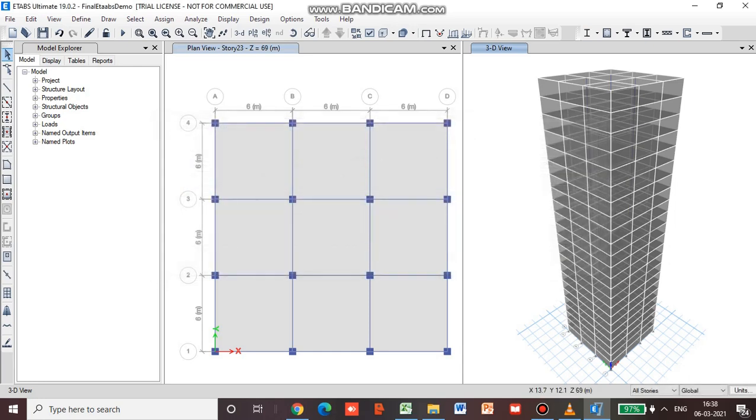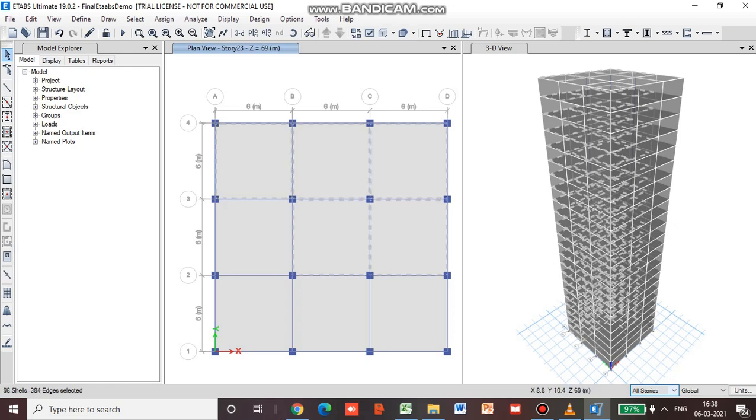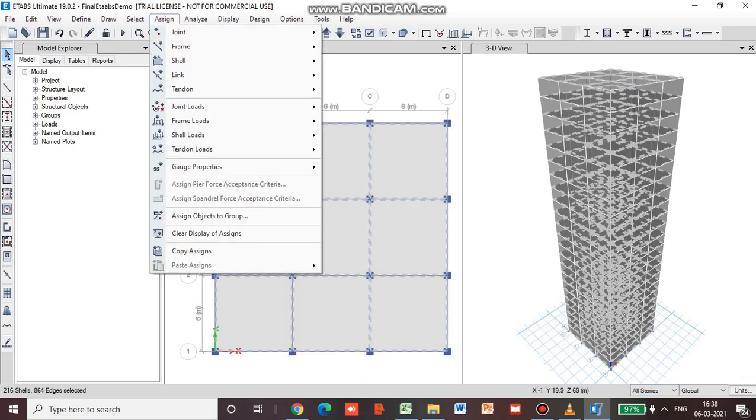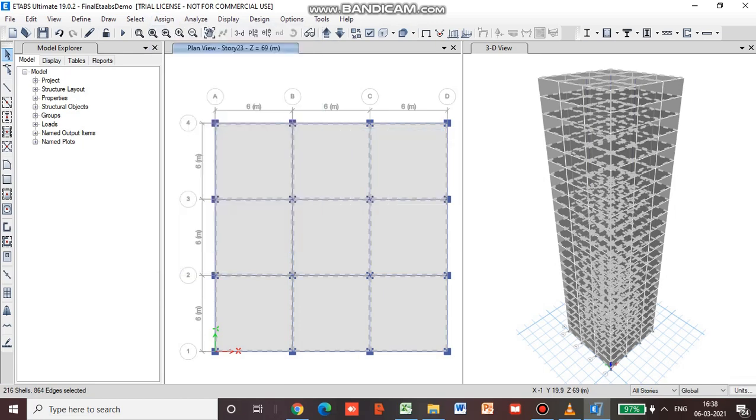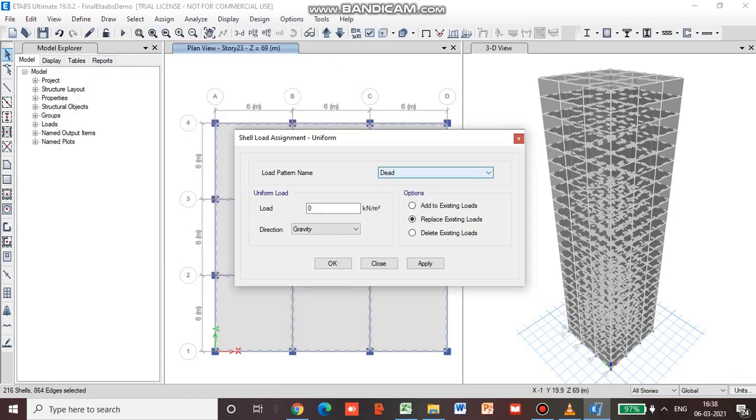Go for OK. Again, ensure that all stories are selected and select the shells. And go for assign shell loads uniform.